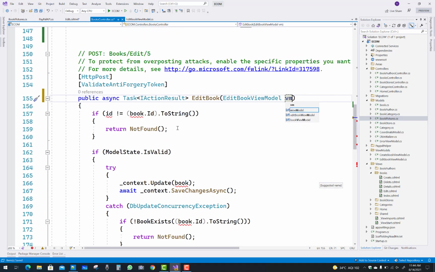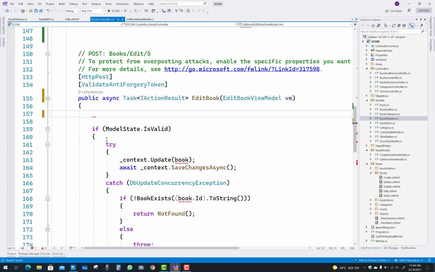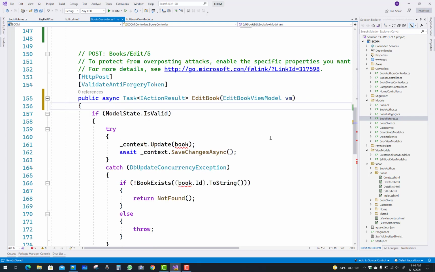So the name of the view model is the VM, and id is not equal to book.id. Just remove that section from the controller first of all, and after that I will check it, and later I will add it.